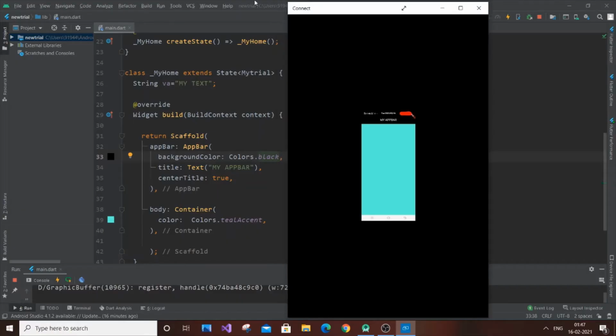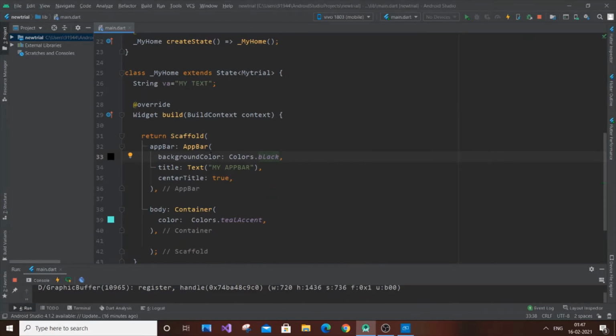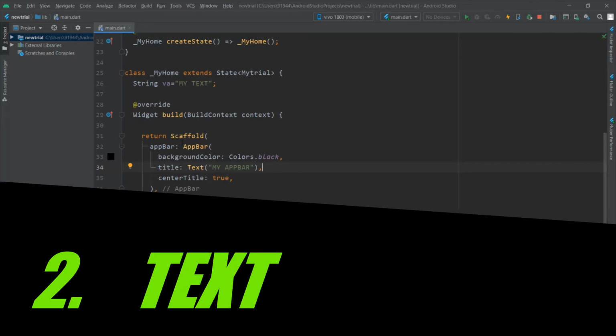So I think regarding the app bar, these three are the most commonly used, I would say. This text widget has many manipulations that you can do, such as changing style, font size, boldness, etc. But in my opinion, these three are the most used along with the app bar. So that's about the app bar. If you want to know more about it, you can Google it and check the documentation. That's it for the first widget, and the second widget is going to be our text widget.